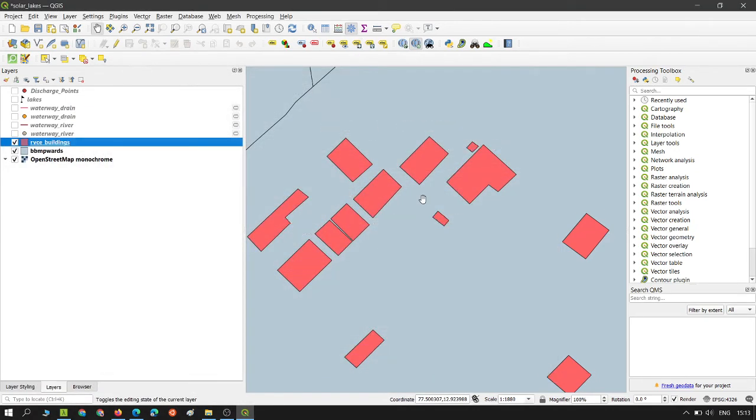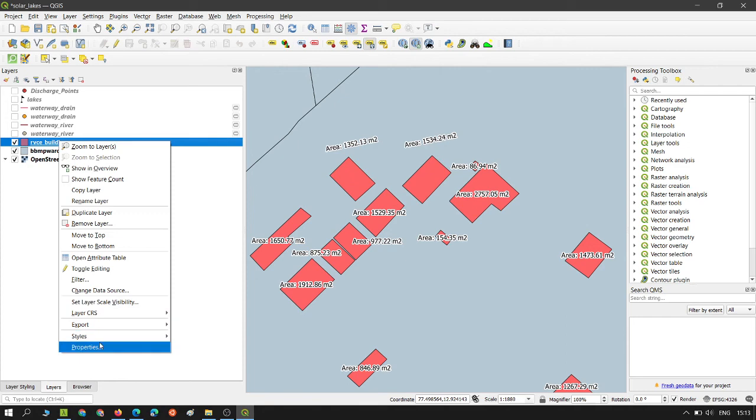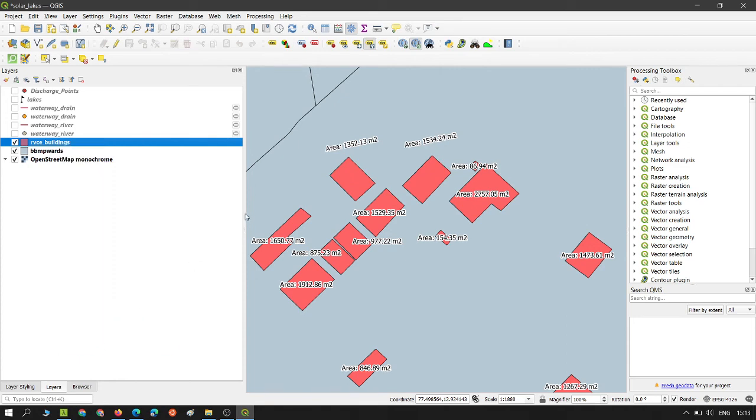And then if you want to rotate, if you try to rotate the label, now you are able to rotate it. Once you rotate, an additional auxiliary field has been added.